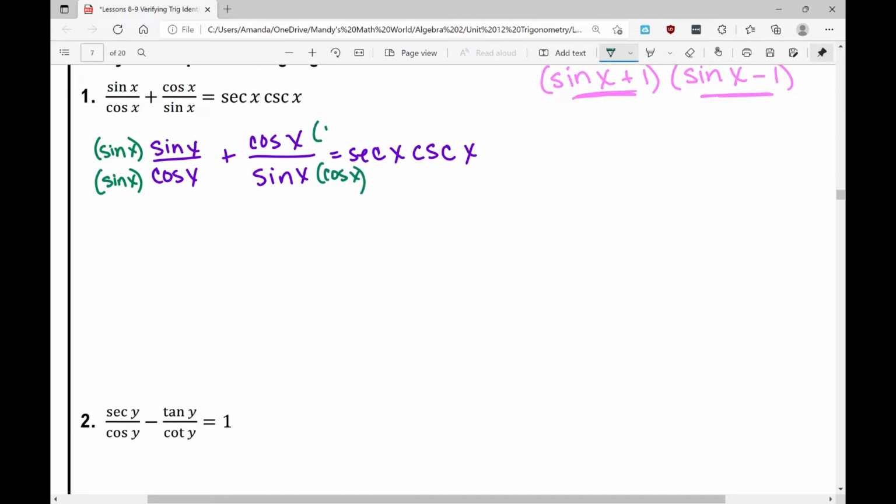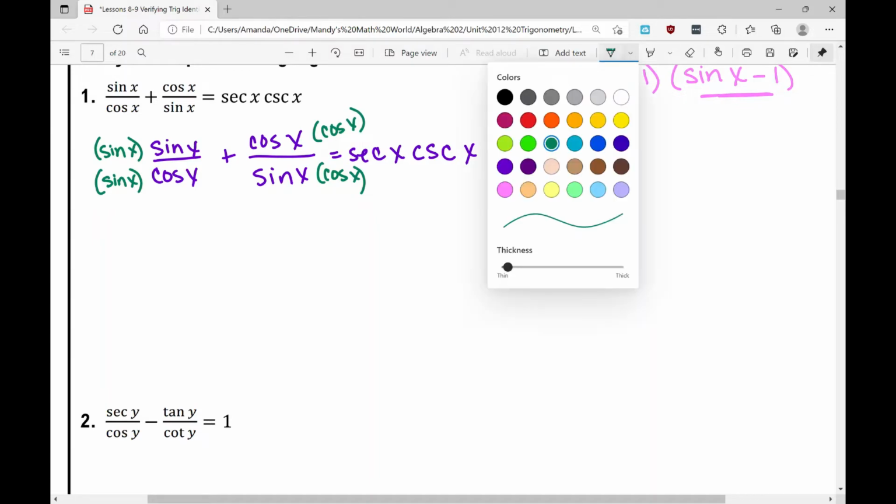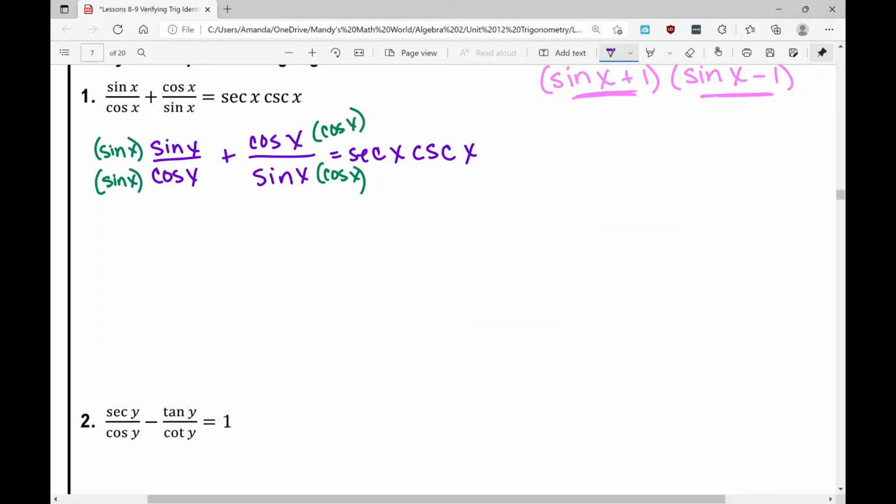What I do to the bottom, I've got to do to the top. And now let's rewrite it. Now I've got sine x times sine x is sine squared x over sine x cosine x plus cosine x times cosine x is cosine squared x over sine x cosine x equals,